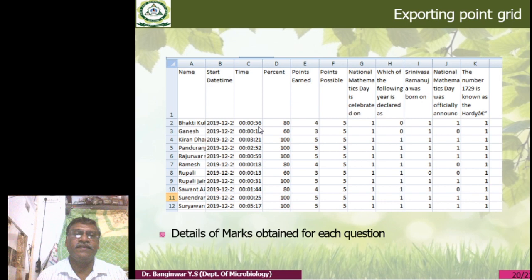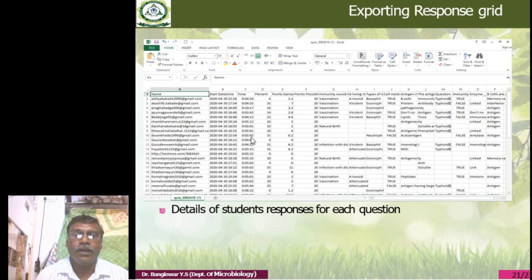So this is another test I am taking through Testmoz. Hundreds of students are giving the exams, and I get this type of facility. Within a short time I can analyze which student got the maximum marks and how much time they required. Time differs from student to student. Each and every student's response for each question can be properly analyzed. That's why it is known as an automatically graded test.